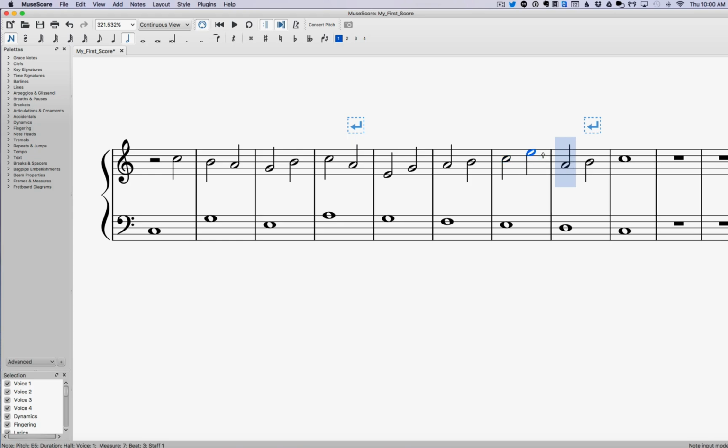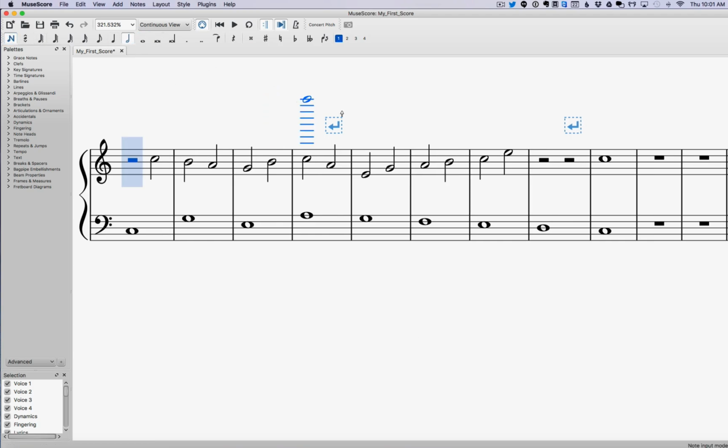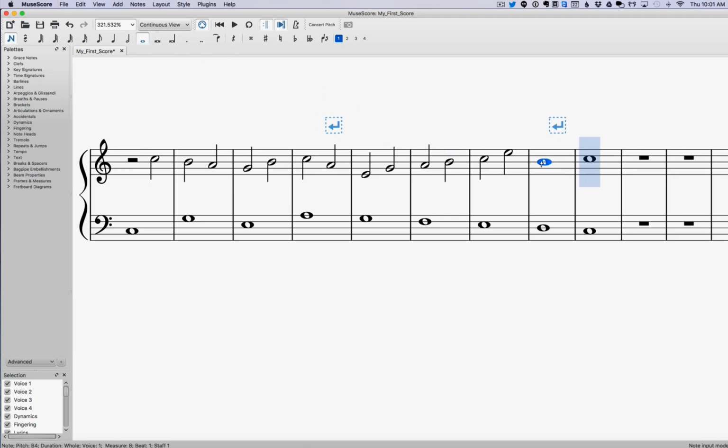Let's jump up to an E. So another consonant skip, and then I've got this big interval here, and that kind of works, but I like this as being my high point of the melody, this E. So maybe if we let that breathe a little bit, let's change this. And let's see if we can just do a whole note on B. Oops. There we go. And I think that's going to work a little bit better, because